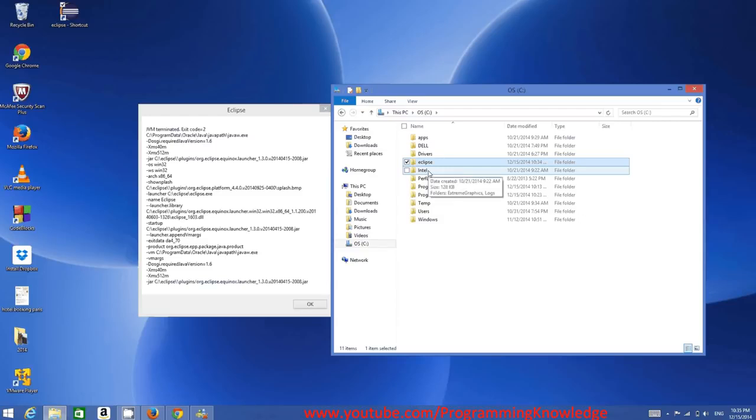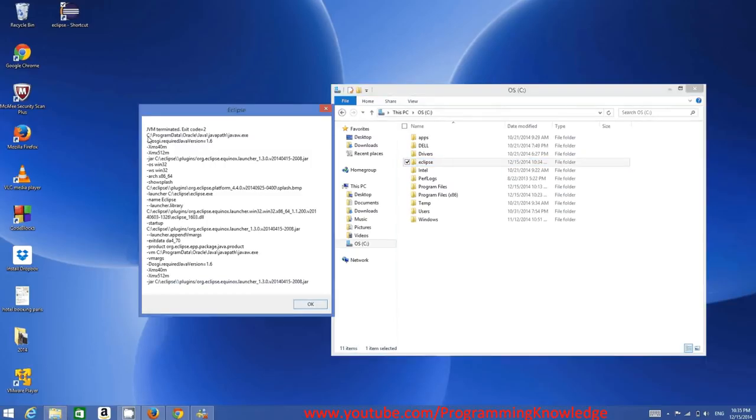Those environment variables are not responsible for this error. This error is due to the environment variable setting of the C slash program data slash Java program